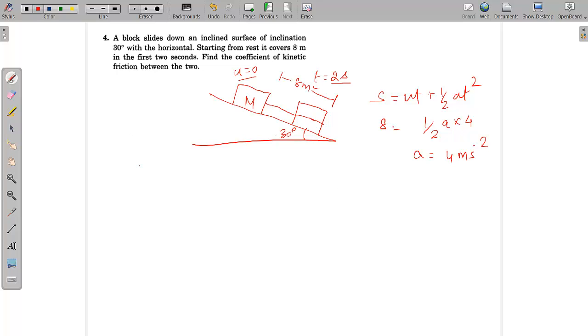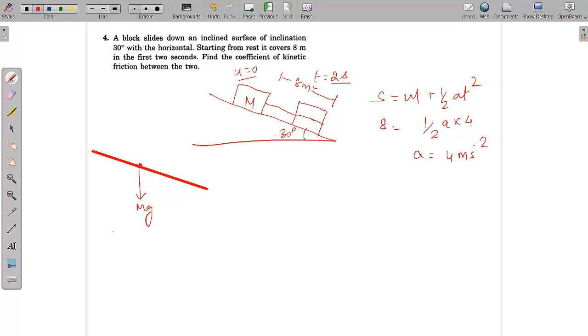Earlier, what we used to do is we just knew that there is a force acting, mg, and we knew that the acceleration is g in this direction, and the component of g will be there in this direction. Understood? Only that much we used to do. Now there is an extra force coming in the picture, so we'll try to analyze that force also. Okay, now tell me, this is the force acting on the body. So there is one mg force.